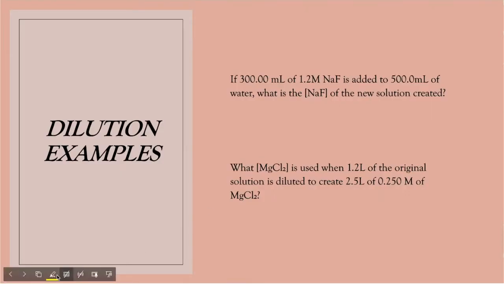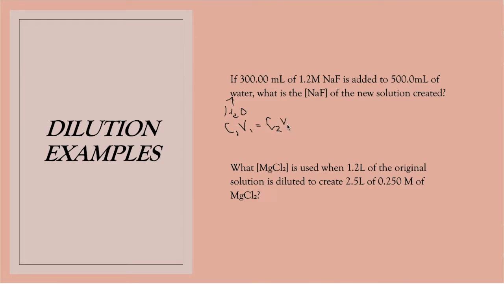So now, an example of diluted solutions is if 300.00 milliliters of 1.2 molarity sodium fluoride is added to 500.0 milliliters of water. What is the molarity of sodium fluoride of the new solution created? So what we know is that water is H2O. And I just need to state that out, but basically the formula would now be C1 V1 equals